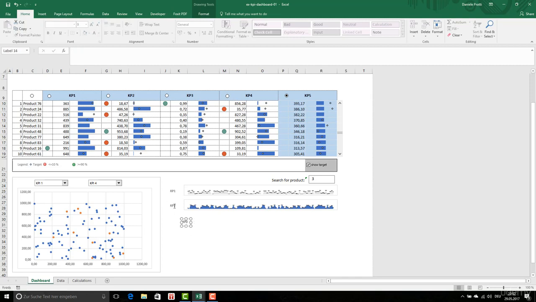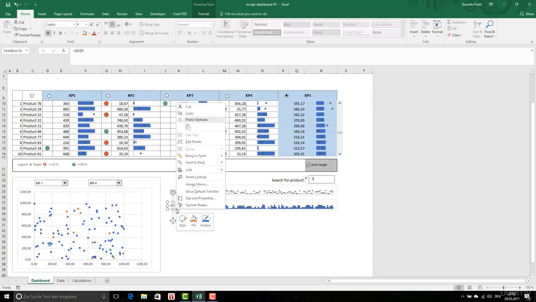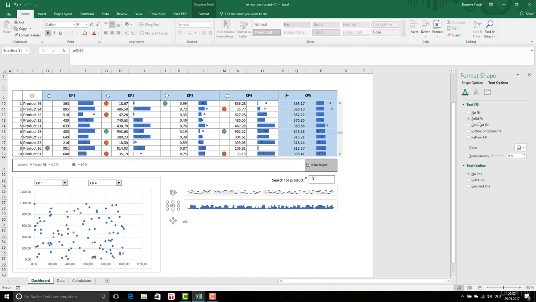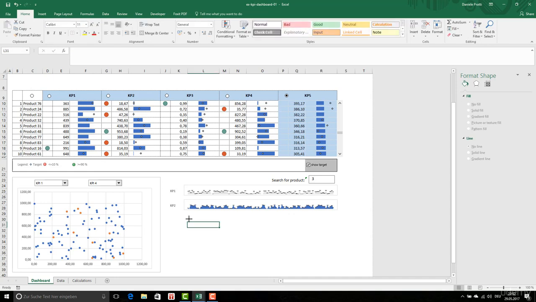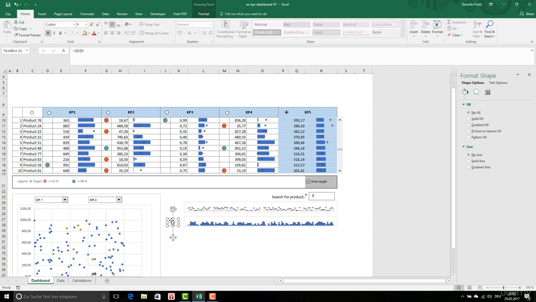Painter. I'm gonna see the properties of this. Text options, solid fill. Okay, the same as this. Okay, you can use label, or even you can use this text like this one. These are basically only text, and you're going to create